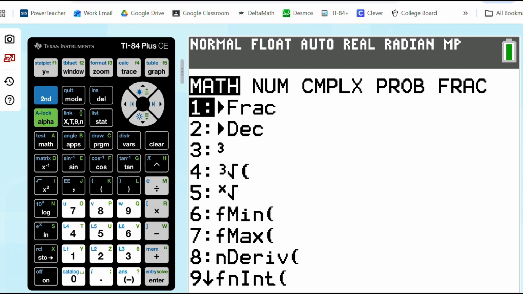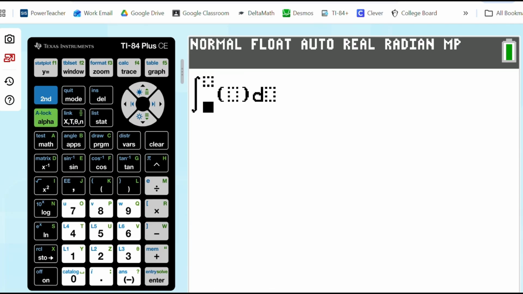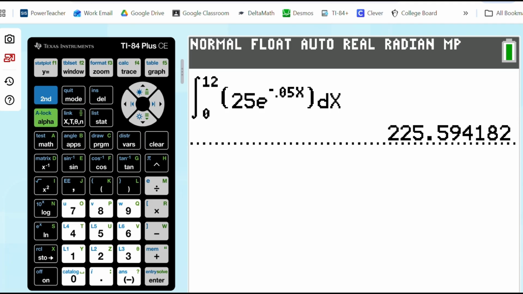So we're going to hit math, and we're going to go down to option number 9. Of course, you can just hit the 9, and it'll populate it. And you can do 0 to 12 for your lower and upper limits. And we want capital R of t in there, which was 25e to the negative 0.05 t. We'll just use x, because that's what we use on our calculator. And we'll go out here and do dx. And it gives us